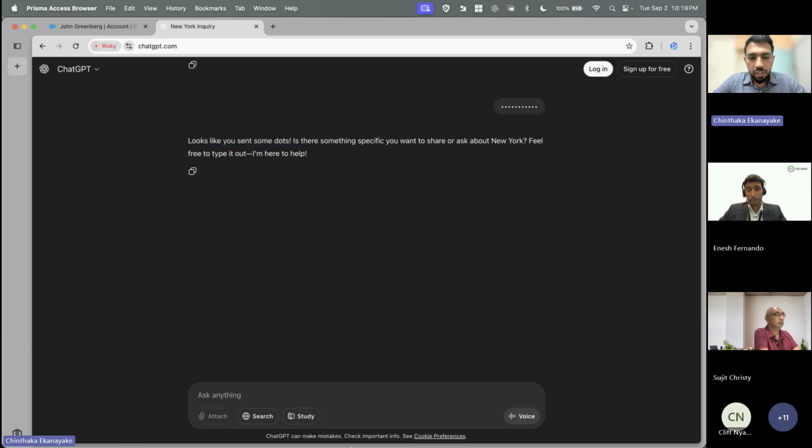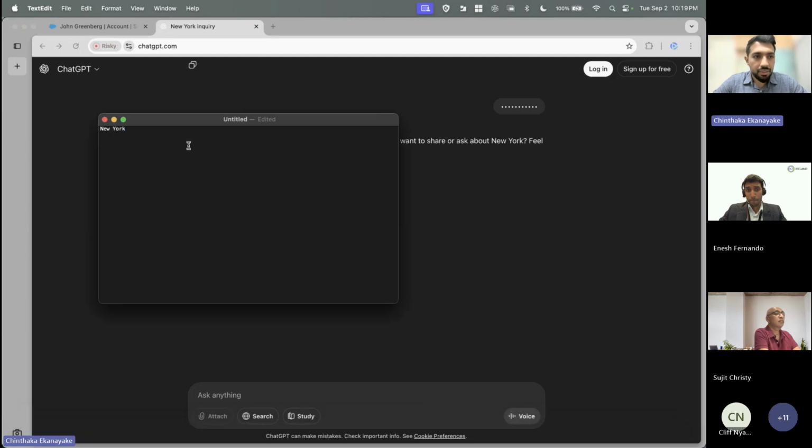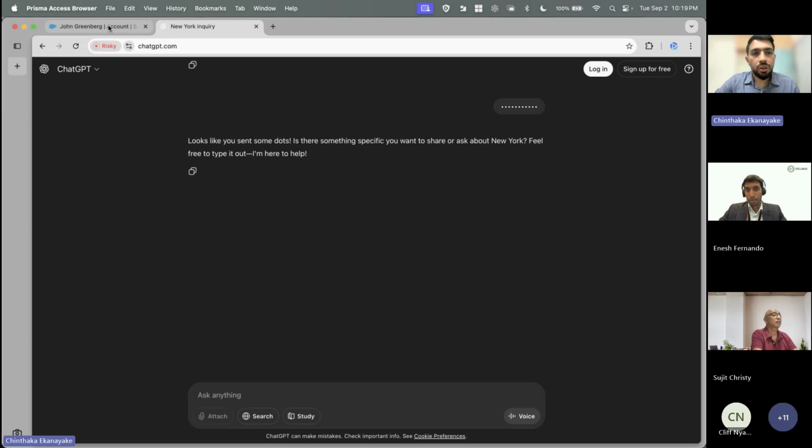Okay. Now let's try to take this data and put it to the same text file. And when I try that, it says pasting this data from Prismax's browser is prohibited. So how this is important, this particular use case, if you look at it, we have the ability to control how the data moves from important enterprise applications. So I can say between certain applications, I will allow you to copy and paste.